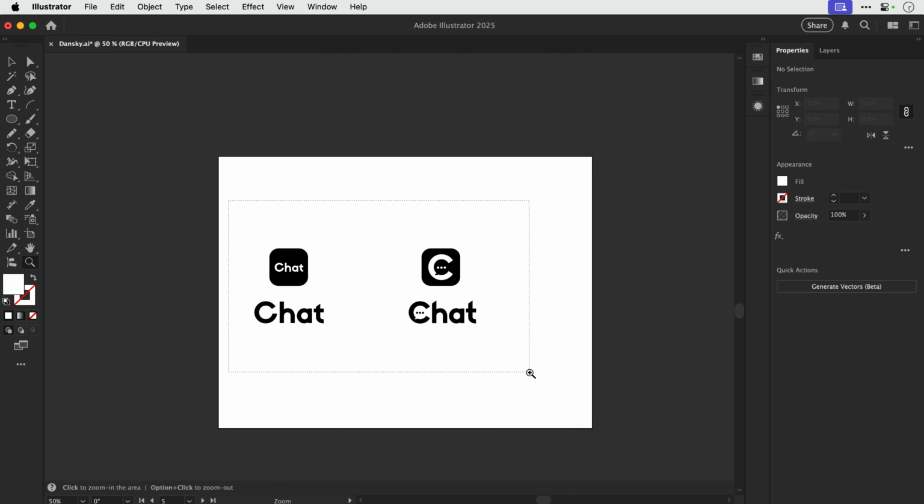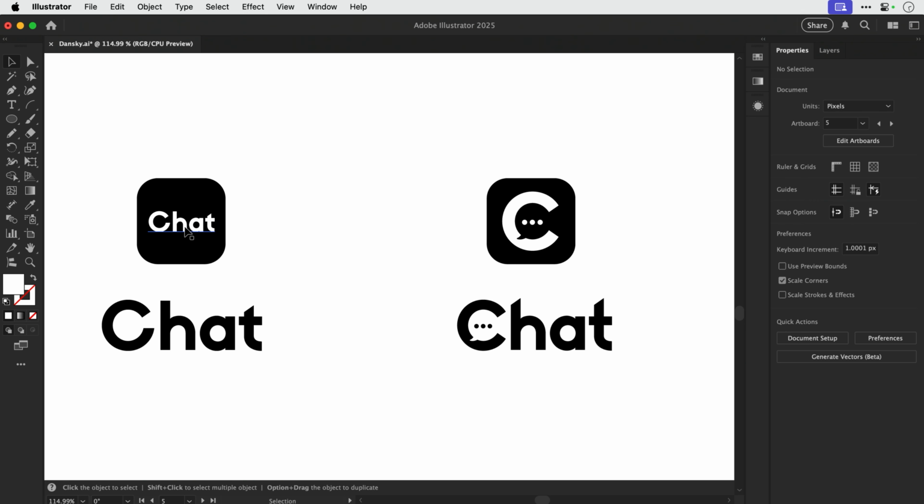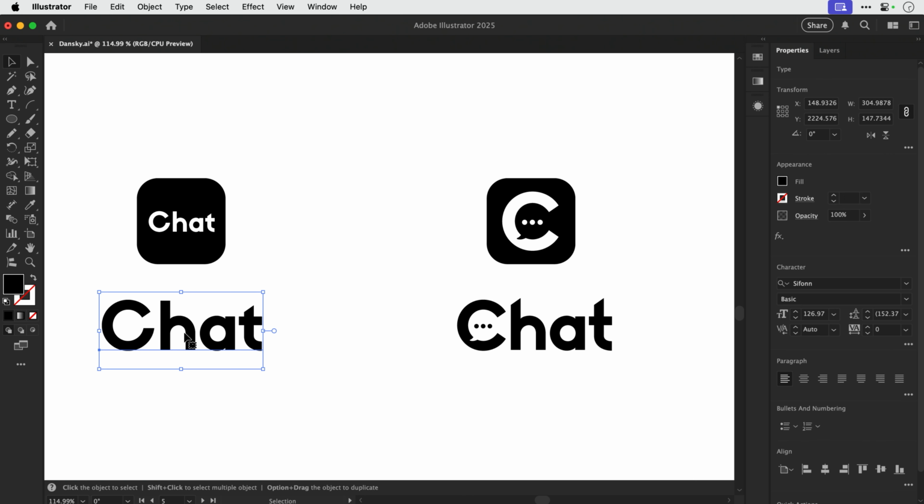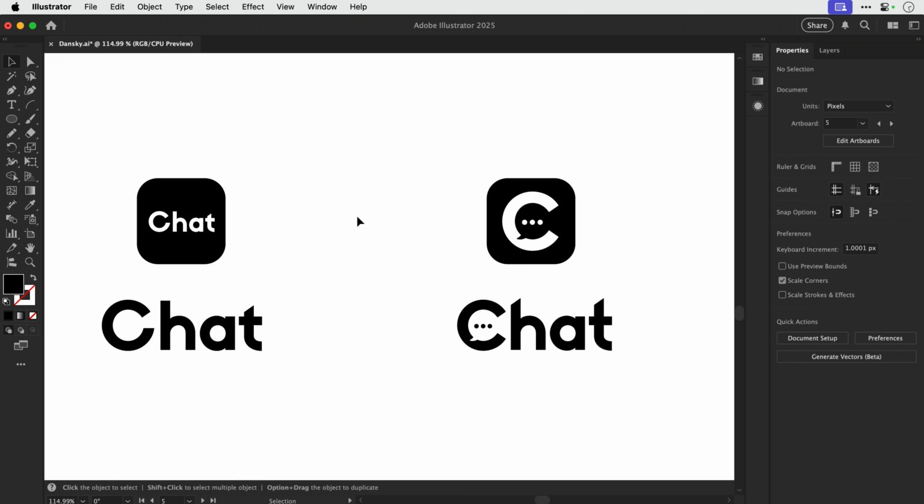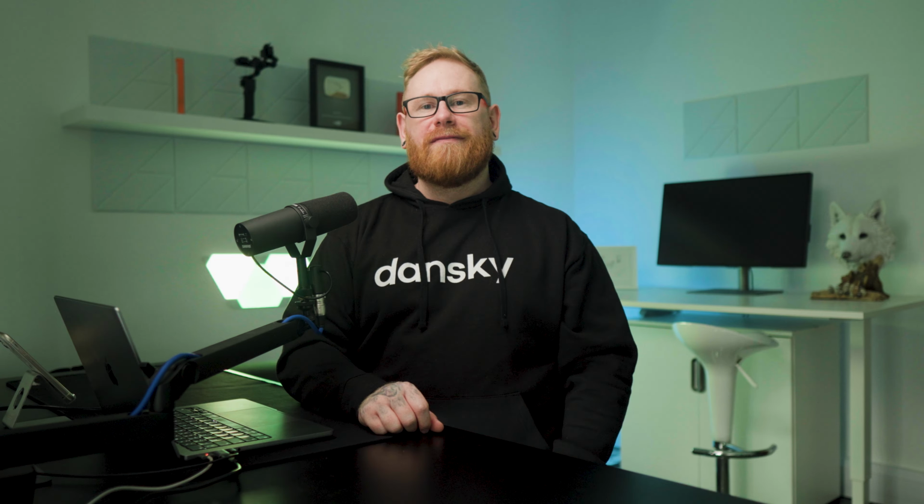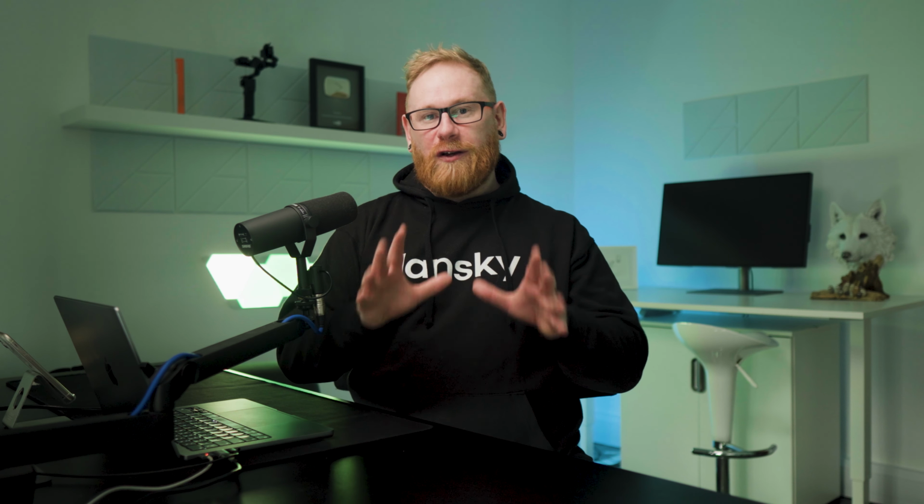And there we go. Very quickly and easily, we've made the app icon look far more interesting. We've taken an existing font and customized it as well. And then we've added a few details to turn that into a finished logo design. And lastly, what we're going to do now is look at creating a logo by drawing all of the letters